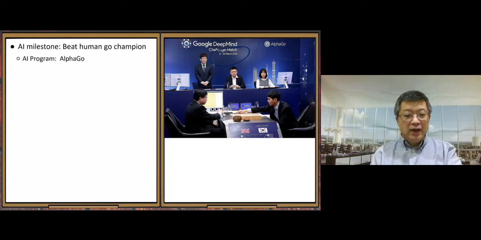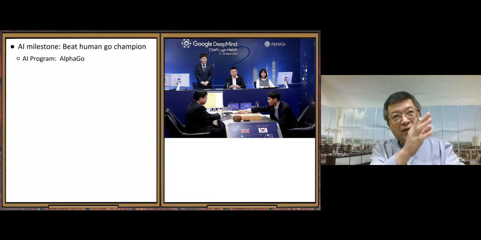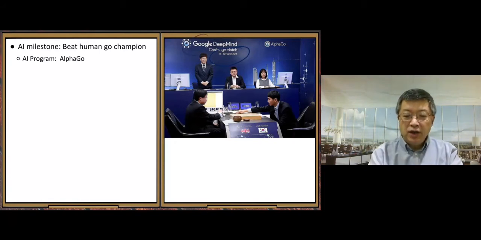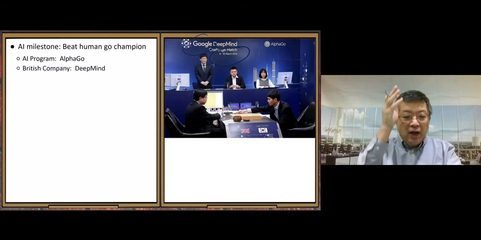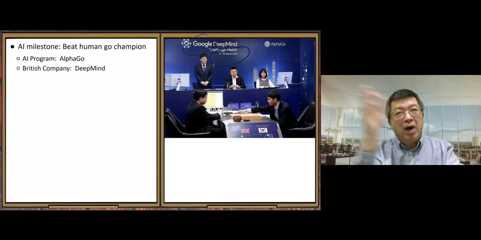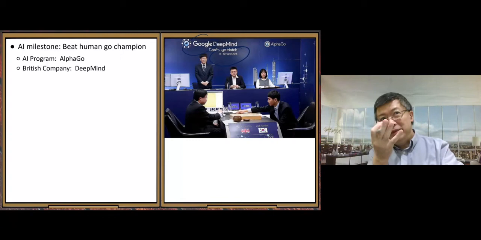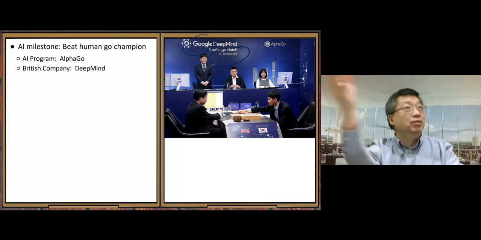All right, so that AI game is called AlphaGo from Google. Here you can see the Google. They bought a small company called DeepMind. It is a British company, DeepMind. From the name you can imagine, because of the IBM AI chess program called Deep Blue,